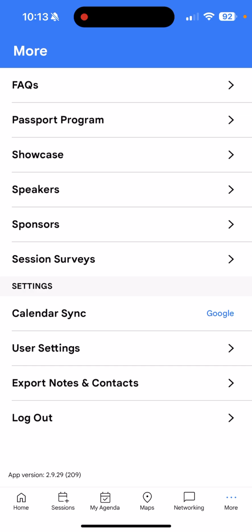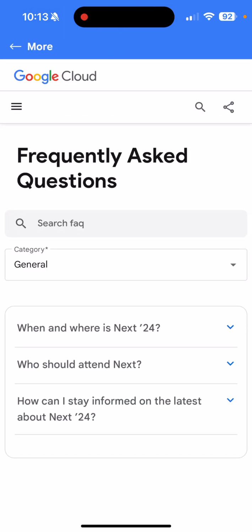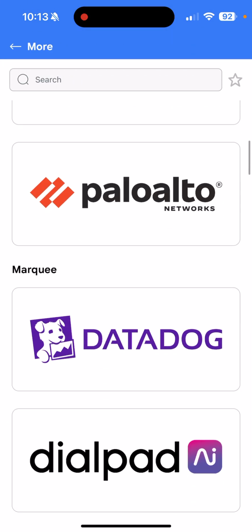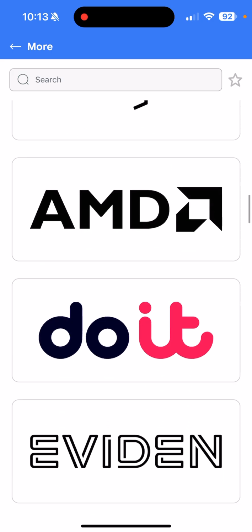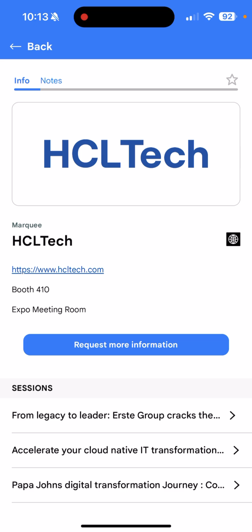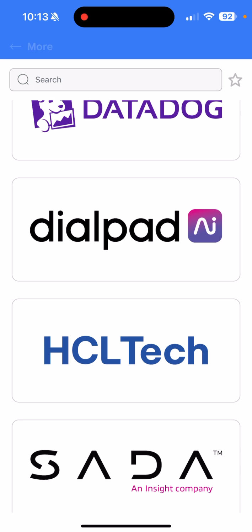And then on the More menu, we've linked to their FAQs. It's just on their website. You can link to any URL. They have all their sponsors here listed by level, and we can order them inside the levels. Each sponsor has a profile and shows their sessions that they're sponsoring and their booth location. We also have